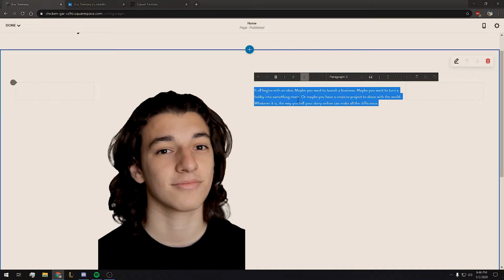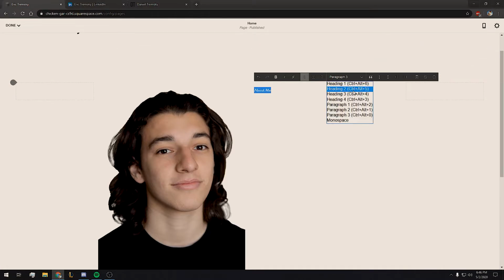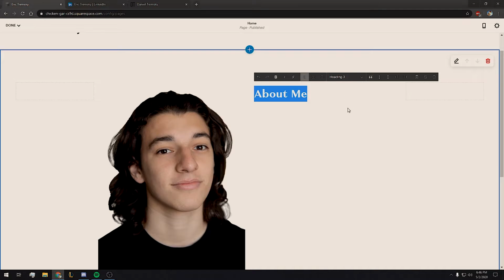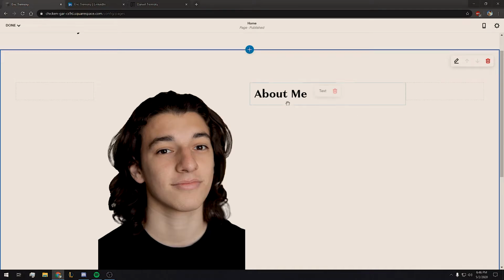Alright, now that the picture has loaded in, we're going to hit apply, and now we're going to focus on the text here. So the first thing that we're going to write here is the title of this section, which I'm going to name About Me, and we're going to make this a heading 3. That right there seems to be the appropriate size,